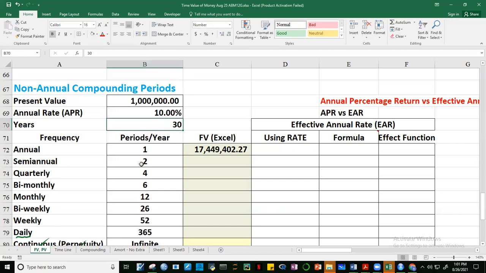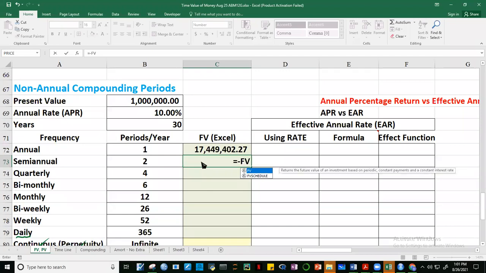Now each time guys, anong interest rate ang gagamitin? Each time na magko-compute tayo ng interest, as answered a while ago, it's 5%. So 10% divided by 2. So we can now compute for the future value kung semi-annual yung compounding natin. So this is equal to negative FV. Okay, a rate is 10% divided by 2. Since every 6 months tayo magko-compute ng interest, i-divide natin yung rate natin ng 10% divided by kung ilang beses tayo magko-compute per year. Then comma, N per natin will be 30 times